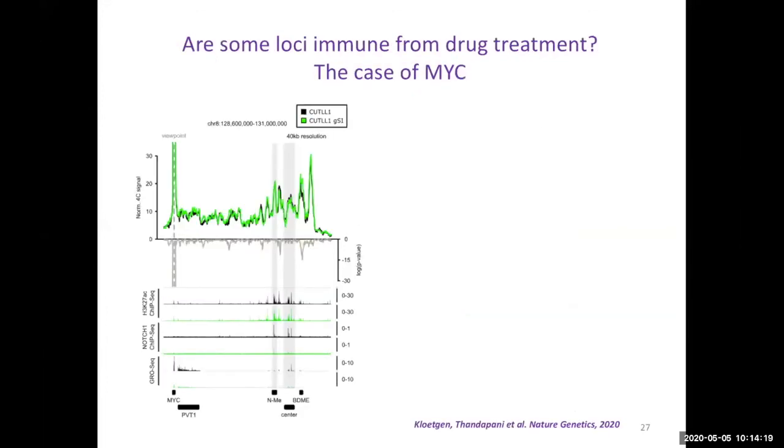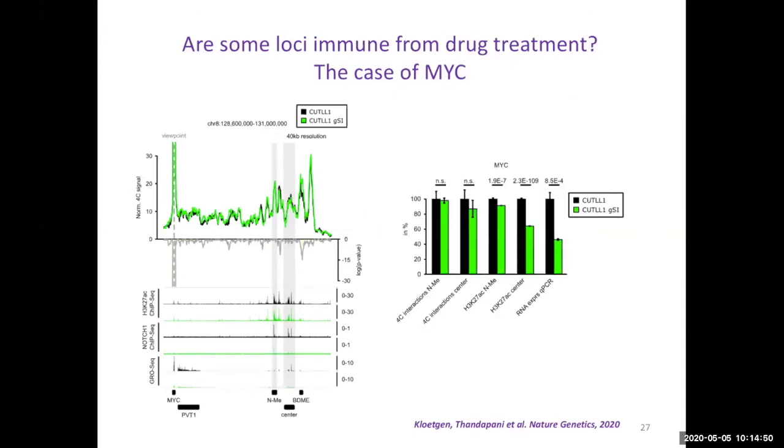However, not all these genes are the same. Some genes and some loci are basically immune to treatment with this particular drug, and MYC is one of these examples. So you see here, this is 4C data. You see interactions between the MYC enhancer and MYC promoter, and you can add gamma secretase inhibitors and you don't really touch the interactions. You decrease gene expression for MYC significantly. You somehow decrease K27 acetylation, but you don't